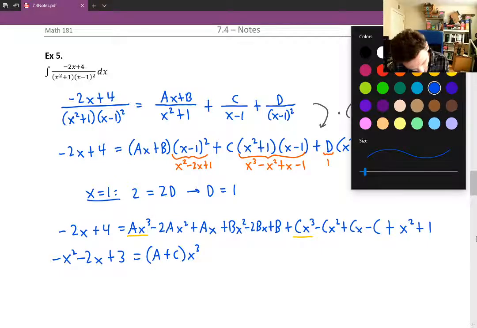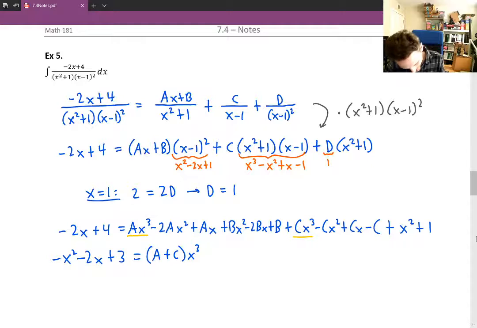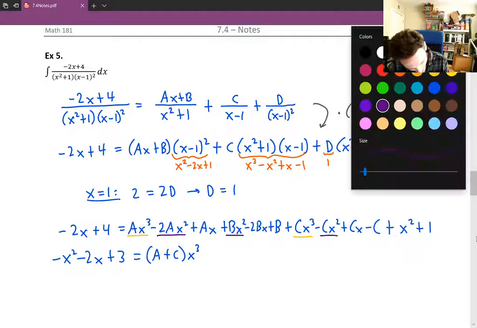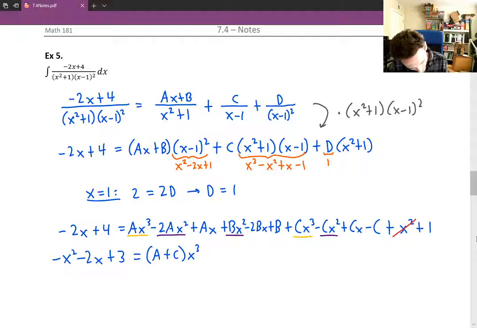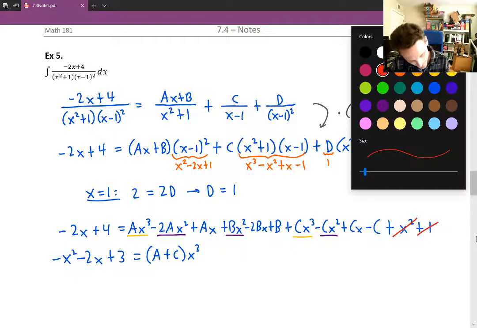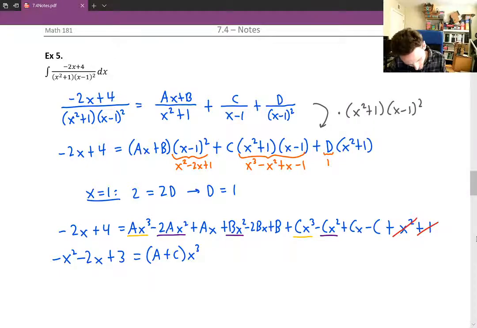I've never picked that color, purple. So we'll write out the x squareds. Whoops, not that x squared because these are gone. Let's go ahead and cross those out before we accidentally use them. So then right here we've got negative 2a plus b minus c